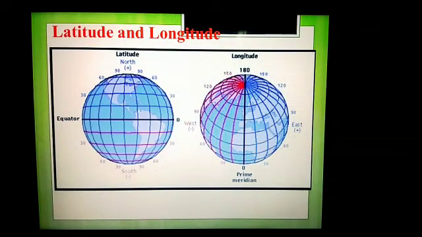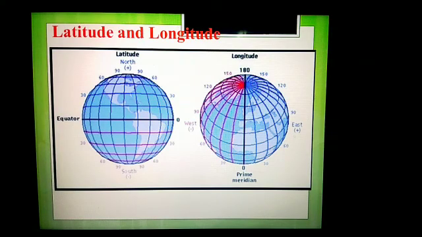From this picture you can differentiate between latitude and longitude. See, in the first picture, the black line is called the equator, with the equator as base. So the other lines are drawn here. You can see the red lines, children. All these are called latitudes. See the degrees, how they are measured. Towards the south, it is minus 30 degree, minus 60 degree, minus 90 degree. And towards the north, it is 30 degree, 60 degree, 90 degree, like that.